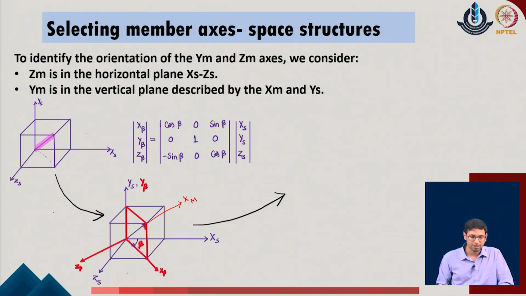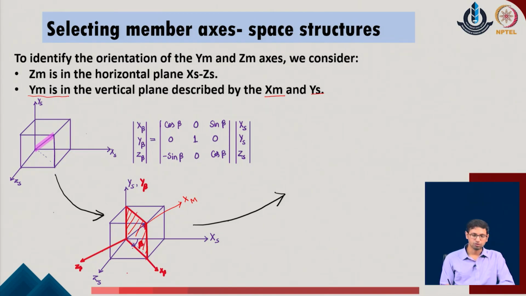So, if you can now understand the plane which is made with respect to the x of m, which is the corresponding line represented by this, and the y of s, which is this particular axis of the given system. So, this is a plane which is the same as this given part also. So, if you look at this part of the plane which has been just taken out from the beta rotation system, on this plane now I want my axis ym to be placed. So, what does it mean? That I want to align the x of beta axis with respect to x of m.